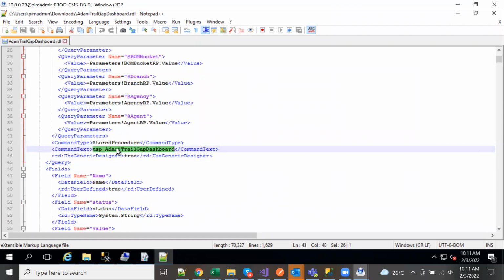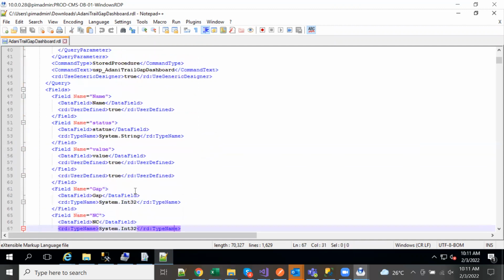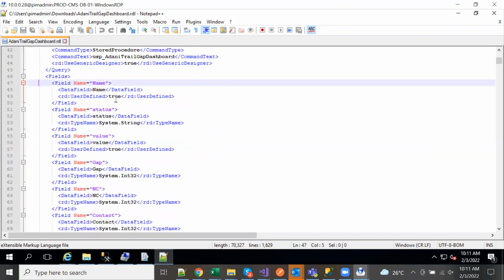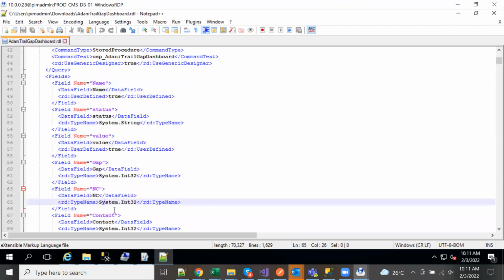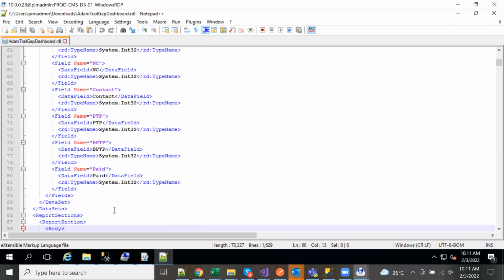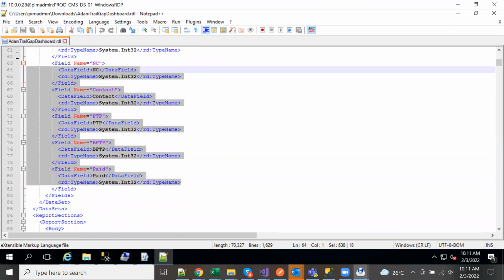And the outcome of this stored procedure will be shown in the format which is given below. Correct? Name, status, value, gap, NC, contact, right?